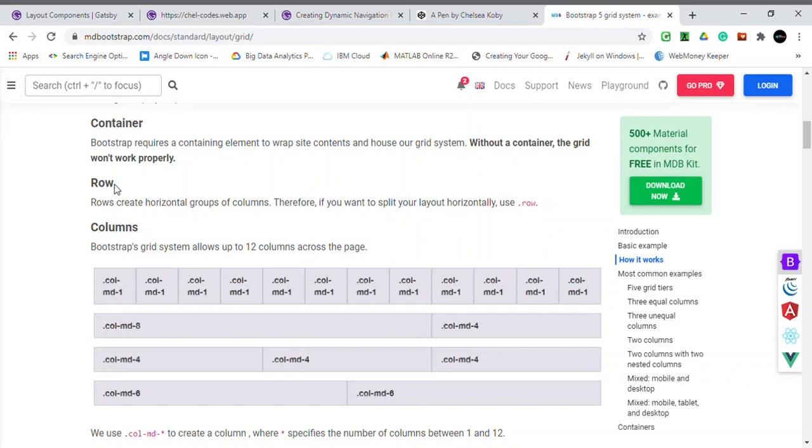So now come down here. They say row. Rows create horizontal groups of columns. Therefore, if you want to split your layout horizontally, use rows. Of course, these are columns and then these are rows. So what they are trying to say now is that